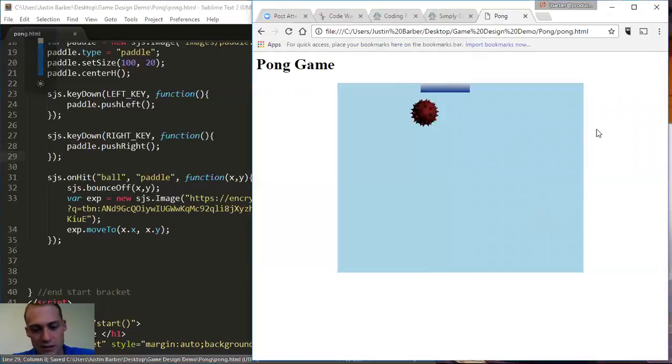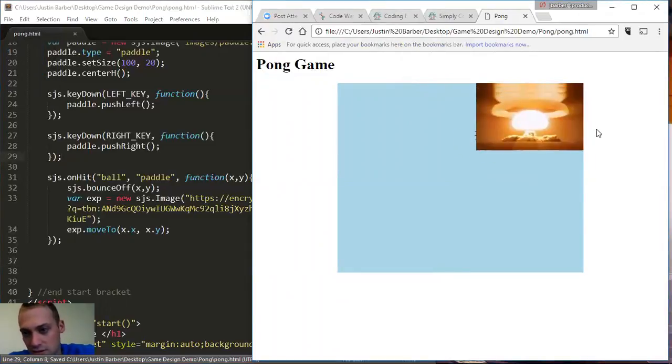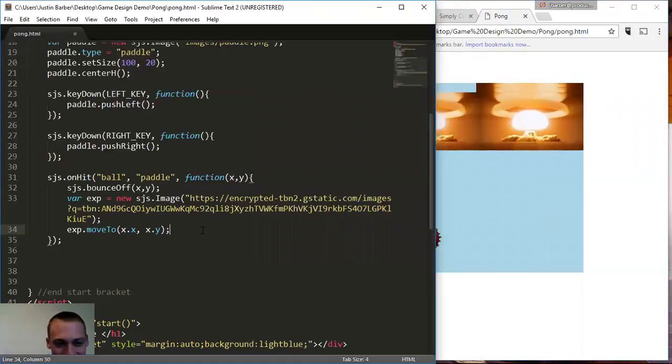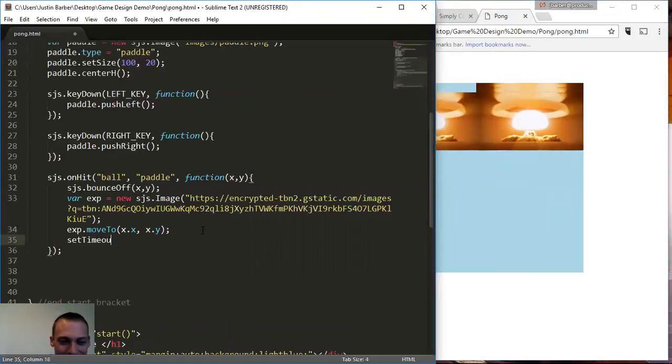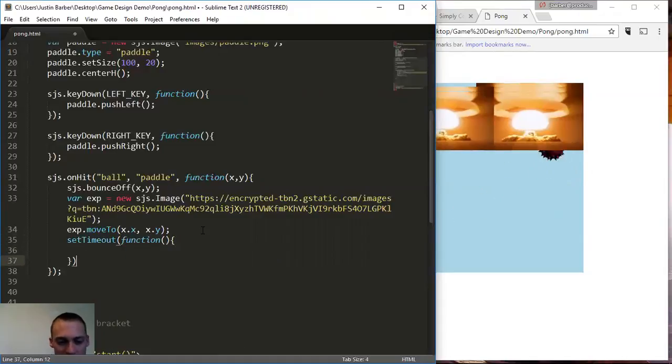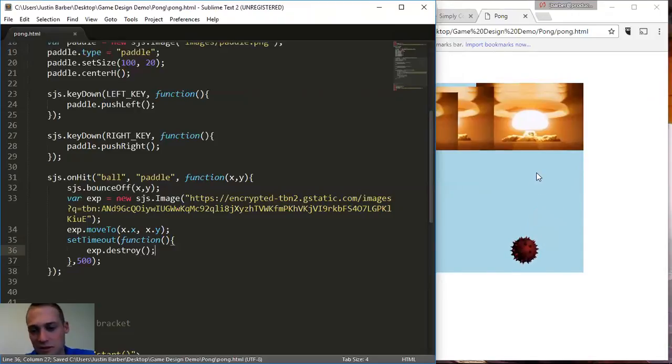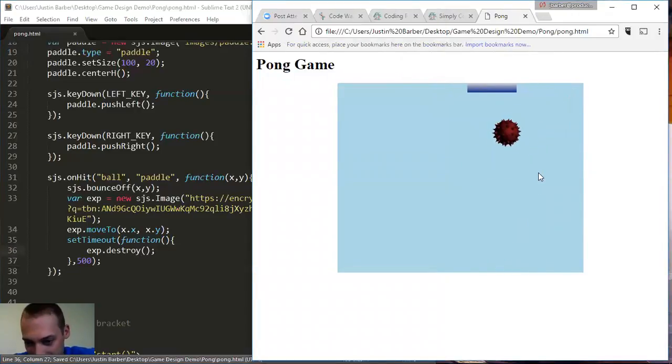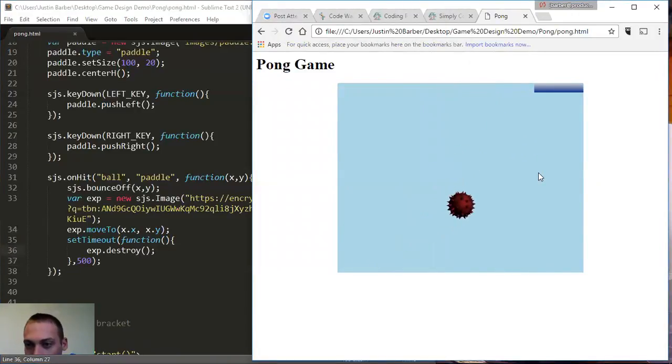Okay, so here we go. I'm going to save it, refresh, and there's our explosion that never went away. We forgot to delete the explosion. Okay, so you'll learn all this code. This is what our lessons are for. But you can probably just understand it by looking at it. So now when it hits,